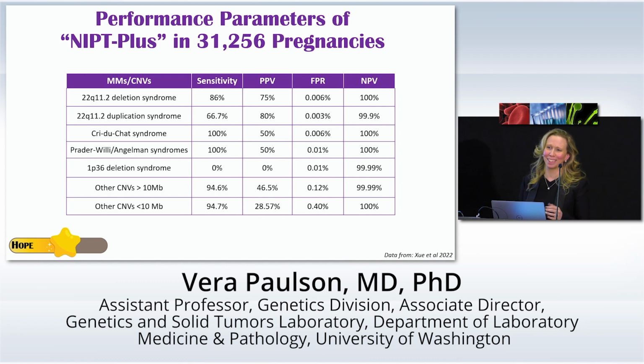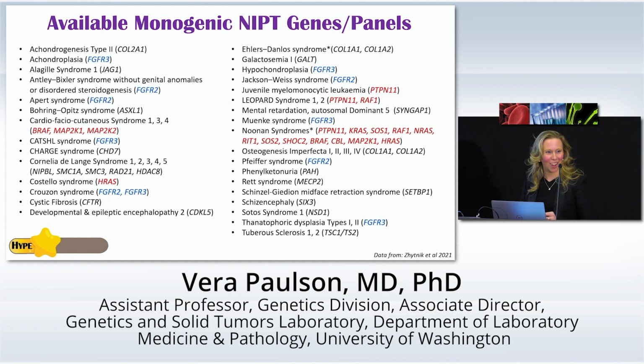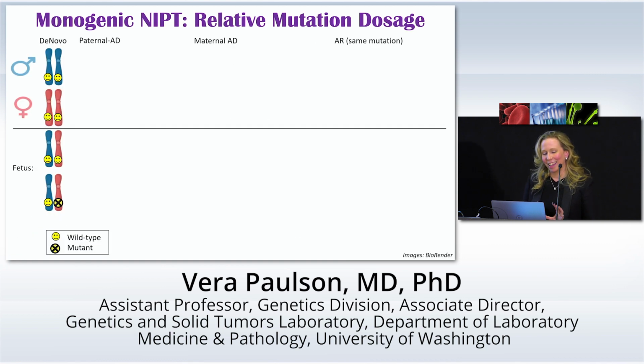Of course, we're not content to stop here. They're going smaller. And there's actually a number of monogenic disorders, meaning they're actually looking for point mutations in mom's blood to decide if a fetus is affected or not. And this is done, it looks impressive, this list, right? But if you actually look at the genes that are causing this list, there's a lot of overlap. It's still impressive. And it's done in one of 2 ways. There's relative mutation dosage and there's relative haplotype dosage.